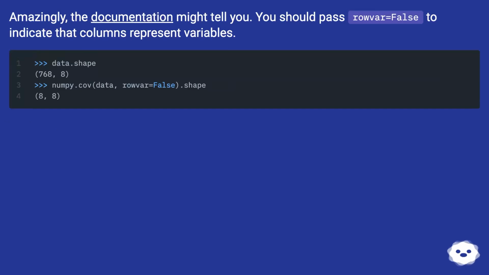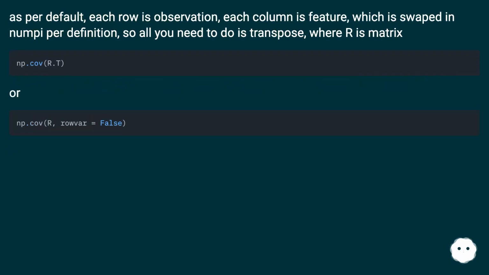Amazingly, the documentation might tell you. You should pass rowvar equals False to indicate that columns represent variables. As per default, each row is an observation and each column is a feature, which is swapped in NumPy per definition, so all you need to do is transpose R, where R is the matrix. Or